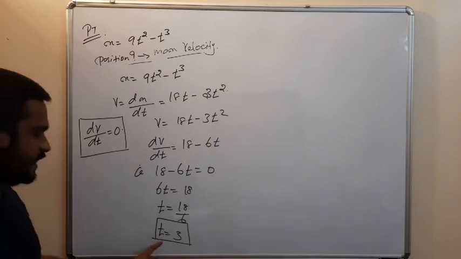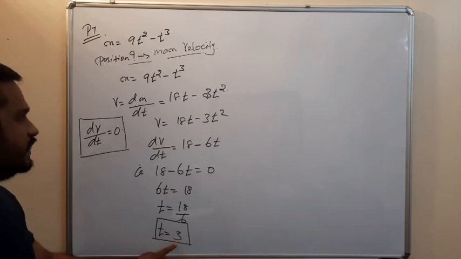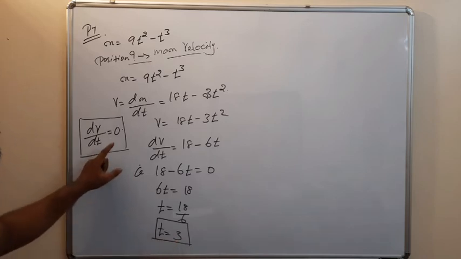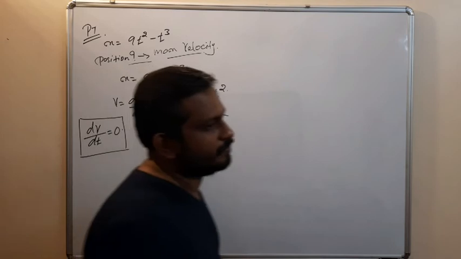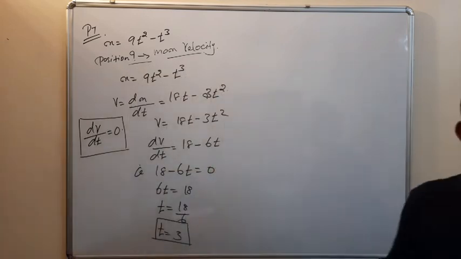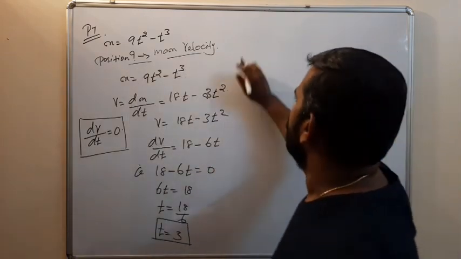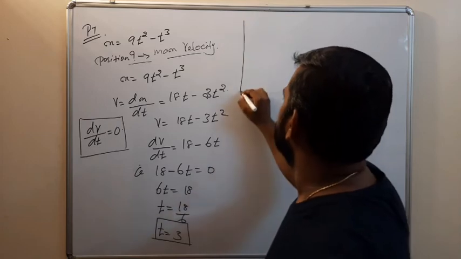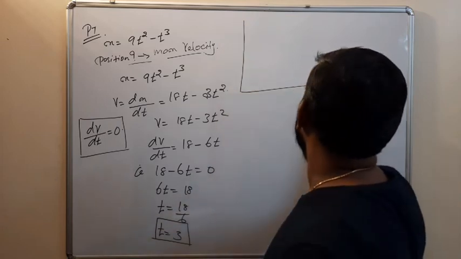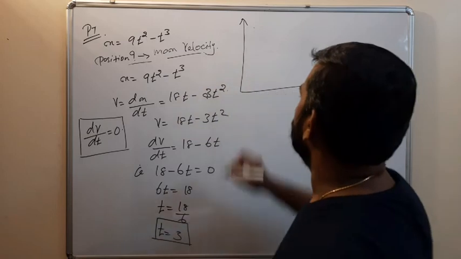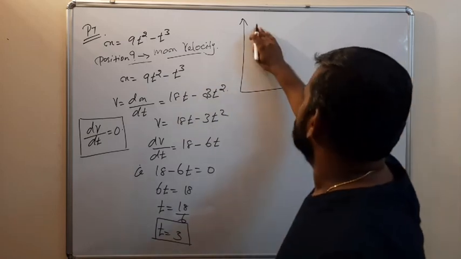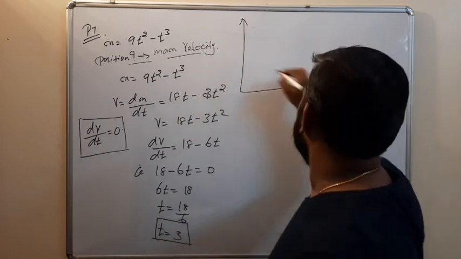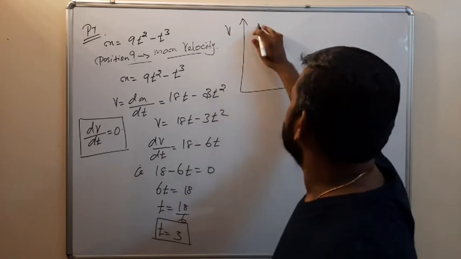So when time t is equal to 3 seconds, the function may be maximum or minimum, because when you draw the graph of time and velocity,